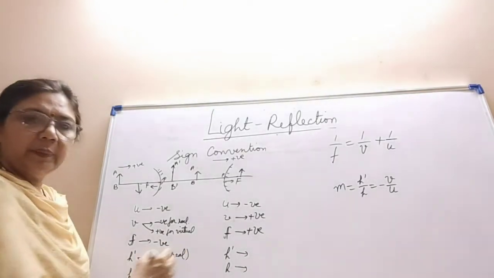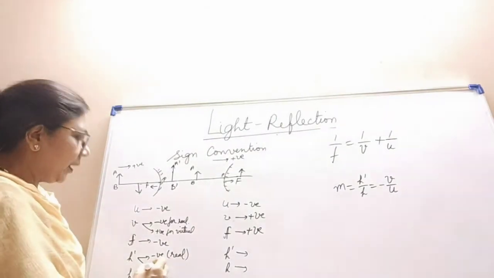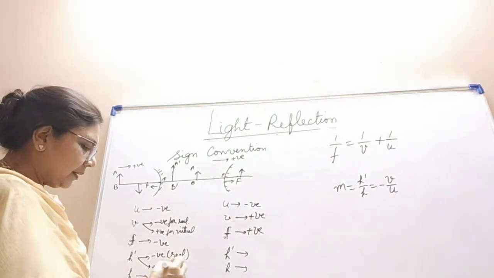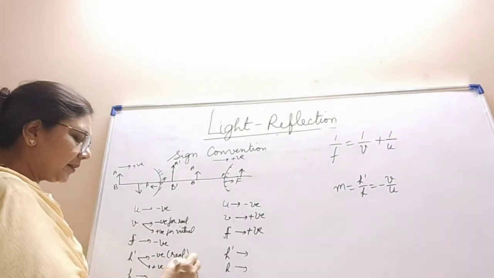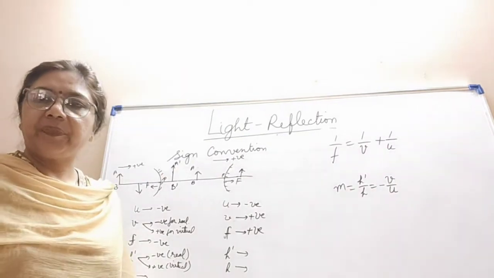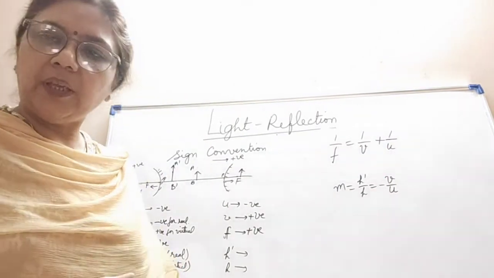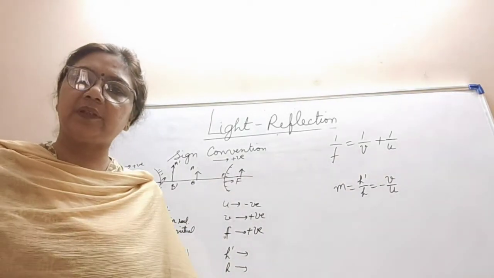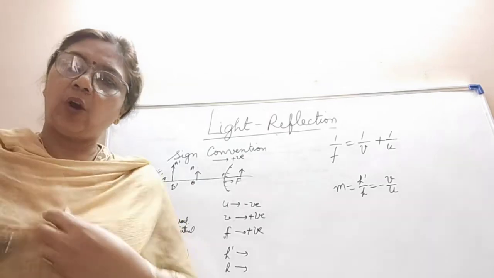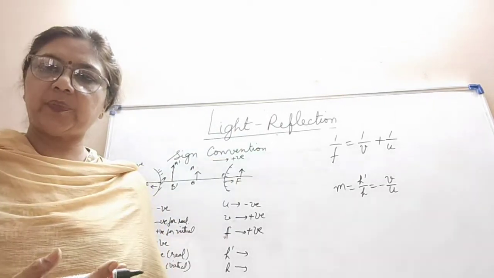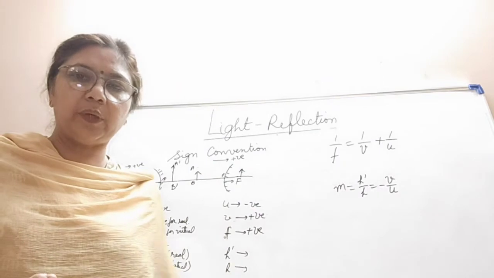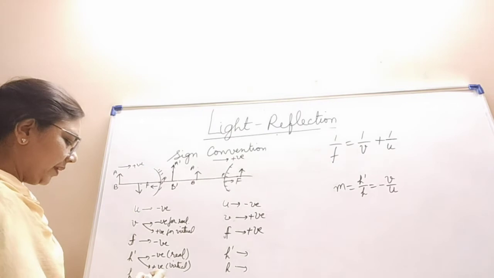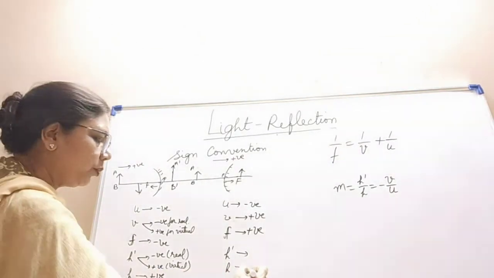For a real image it will be negative h dash, and for a virtual image it is always positive, because virtual is erect, that is, above the principal axis. Okay. Now next, h. H is the height of the object. As we have taken into consideration from the very beginning, the object is always erect and above the principal axis, and we are taking that only. So that is considered positive, whether it is convex or concave. So h will be positive in both cases.